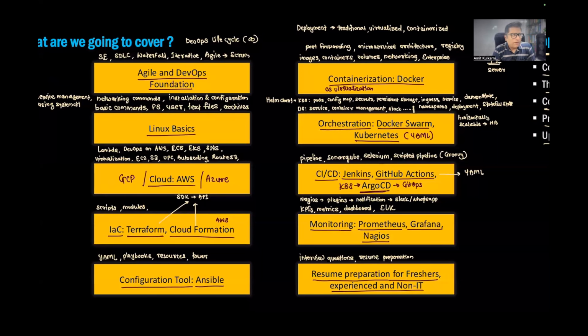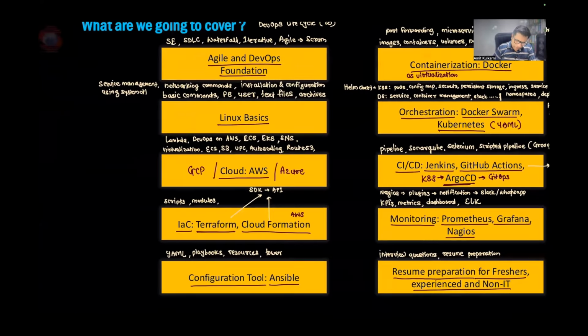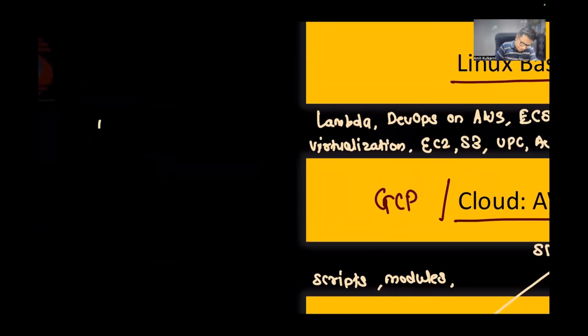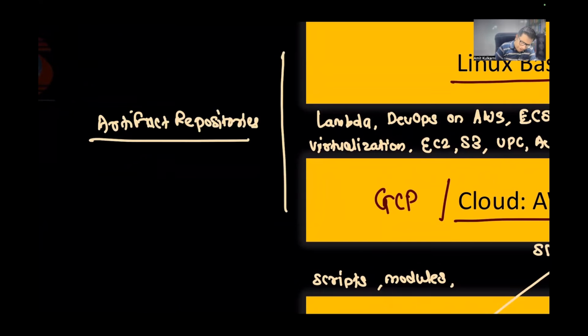Akshay, are we going to talk about Gradle and JFrog? Not Gradle. I didn't mention it here, but we'll be talking about a few repository concepts. These are called artifact repositories. This is a completely different topic, nothing to do with the cloud. Here I will talk about JFrog, a very popular artifact repository. There is another popular one, Nexus, which we will not talk about, but if you want, you can go on your own for Nexus. I'll guide you on how to do it, but we will not use it.